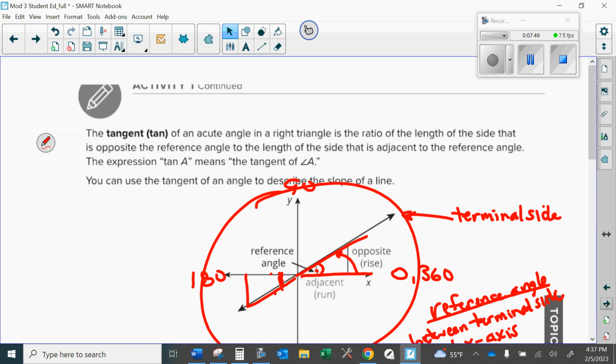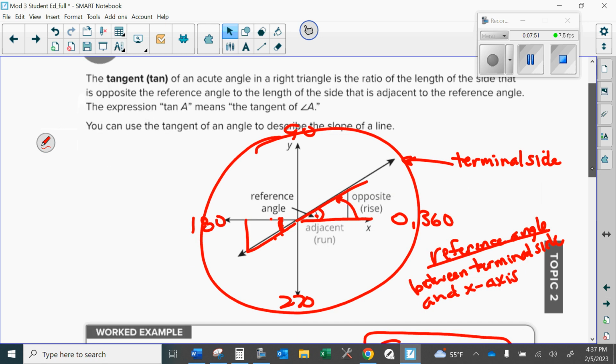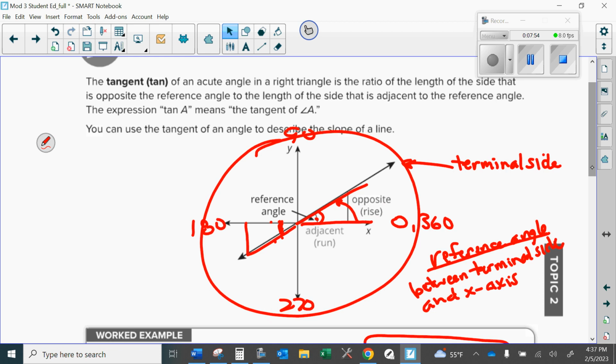Let's go to some. Okay, so tangent now. The tan of A means the tangent of angle A. Okay, so when you see that, vocab, I'm going to add some other vocab words in here. Here it tells you the tangent of an acute angle of a right triangle. We're always dealing with right triangles when we're talking about SOHCAHTOA. Is the length of the side that is opposite the reference angle to the length of the side that's adjacent